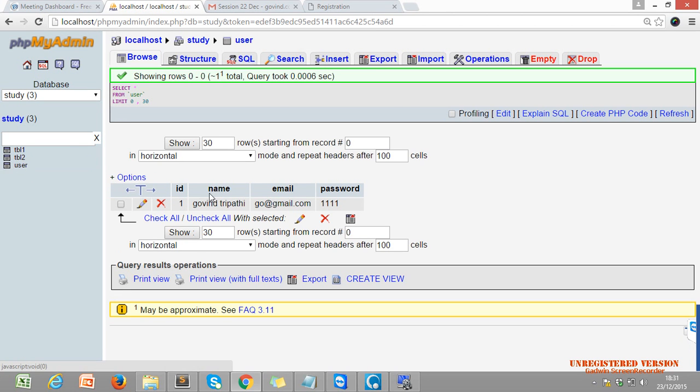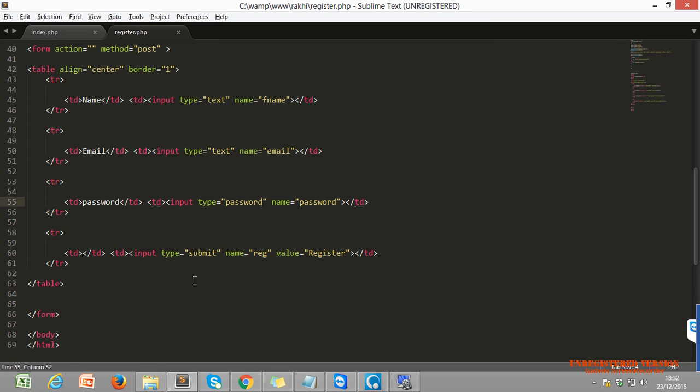I used only 4 columns; you have to add 2 more columns, then insert by using the same command.